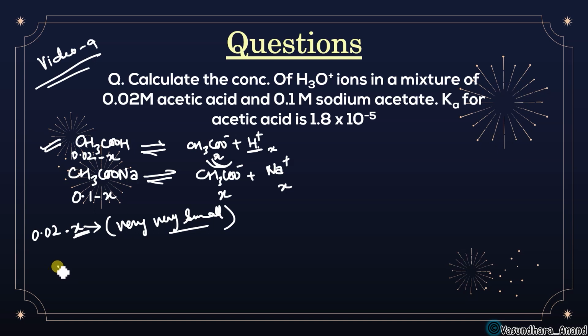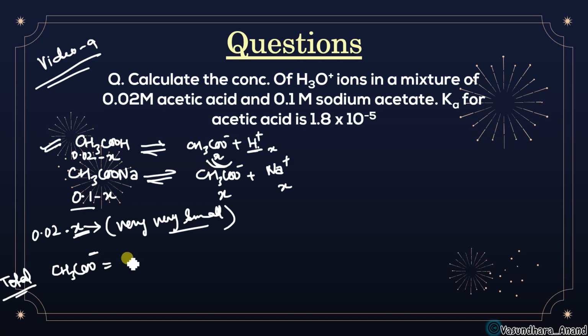Okay. So if I try to find the CH3COOH and CH3COO minus concentration, what will I get? It will be the total H plus ion, the total CH3COO minus will be how much? Here it is X, and here it is negligible. So just assume that the concentration is the same as it was. Here why am I taking it as X, because I want to find the H plus ion concentration. So here I am just considering this X value.